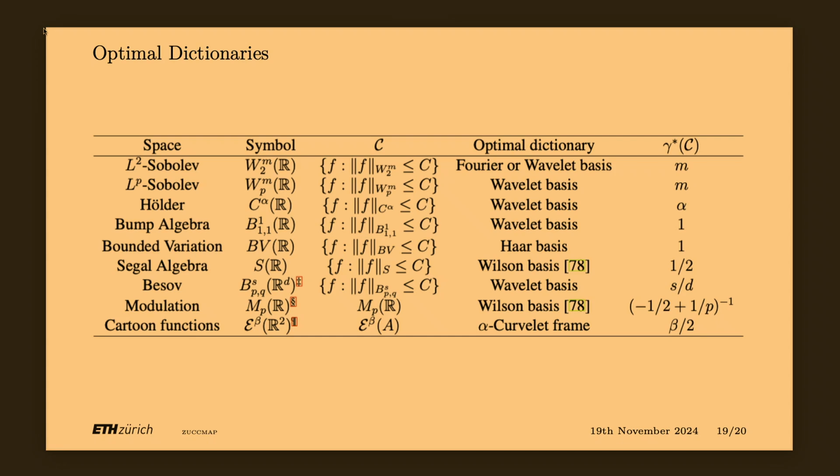And now, there is still something to be said about the fact that I'm talking as if all those dictionaries are effectively representable by neural networks. Actually, they are. One has to check that, but that's not hard. Because these dictionaries are very well characterized, you can write them in very explicit form. So you can just build neural networks that approximate them properly, and then all function classes are actually optimally representable by neural networks.